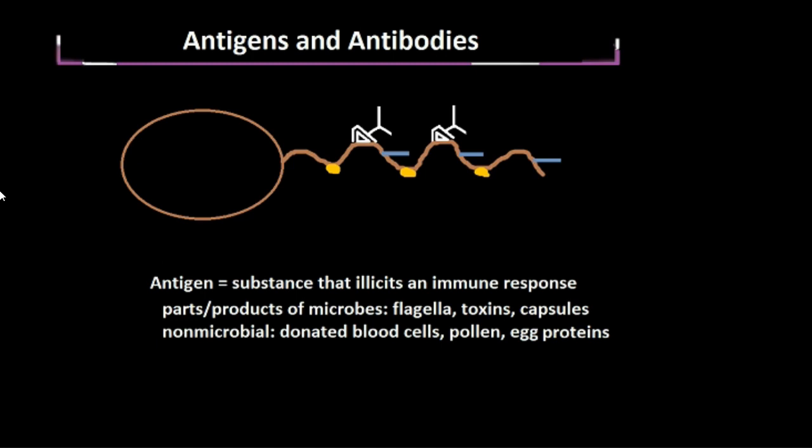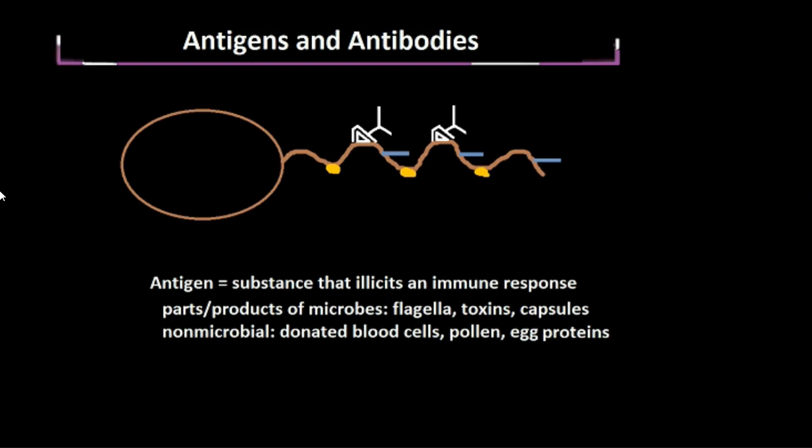An antigen is any substance that elicits an immune response. Specifically, this is going to be the production of antibodies. Antigens can be parts of microbes, for example, the flagella of a bacteria or the capsule of a bacteria, or they can be products of microbes, for example, toxins created by a virus. They can also be non-microbial, meaning pollen or egg proteins or donated blood cells can trigger your immune system to